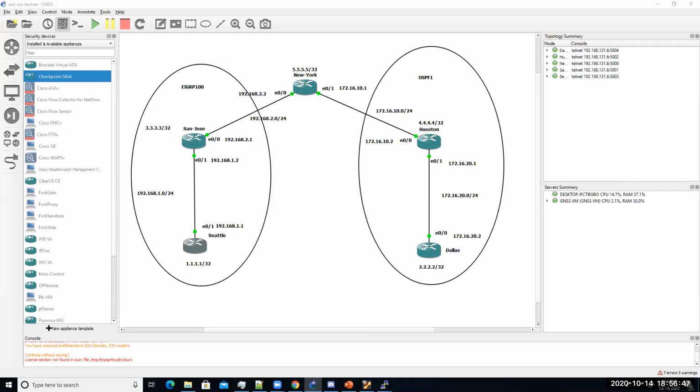Okay, so it's a protection against SYN flood attacks, right? Yes, yes. So another thing that we can talk about is